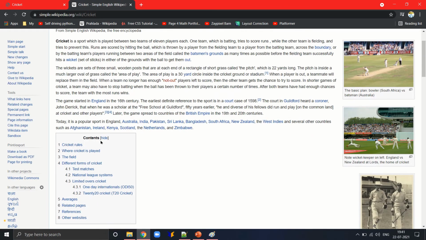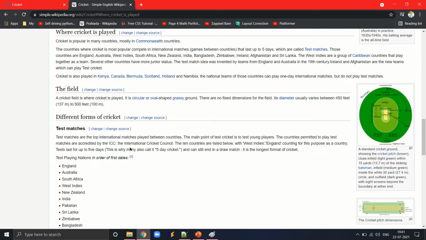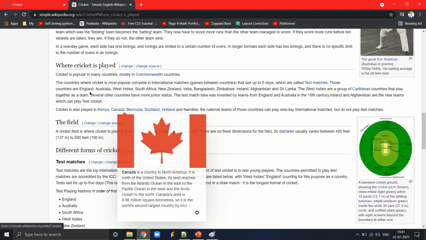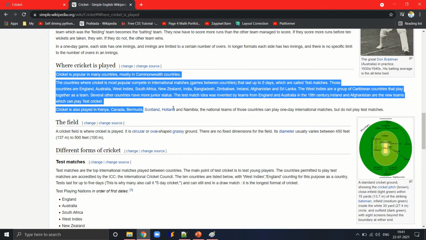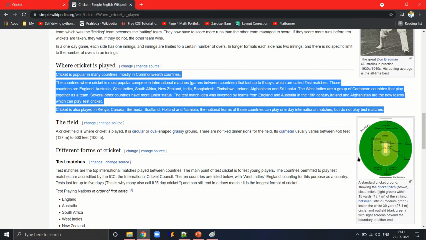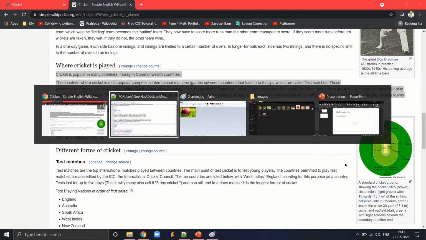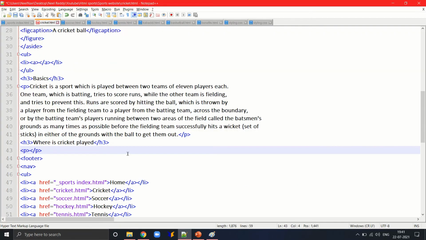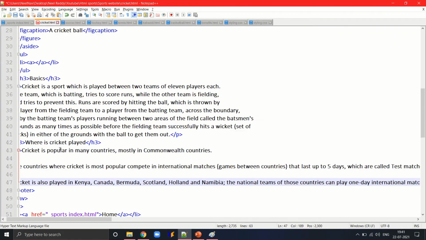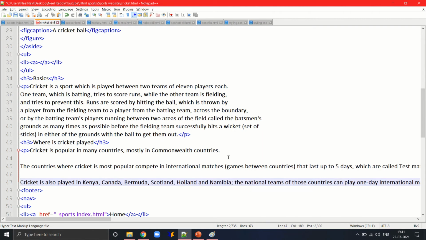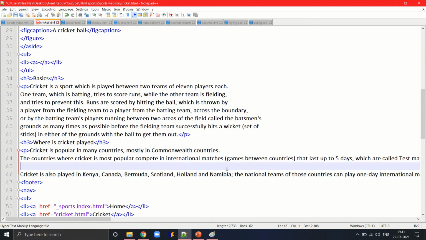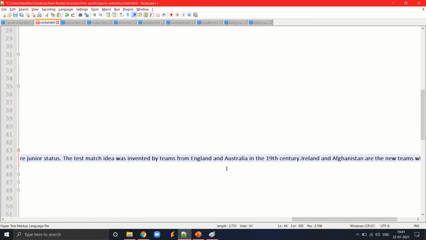As you can see in the contents, there is a where is cricket played. We are gonna copy this whole 3 paragraphs or something. Honestly, it's like 1 paragraph and 2 extra sentences, but whatever, we're gonna backspace all these extra lines,